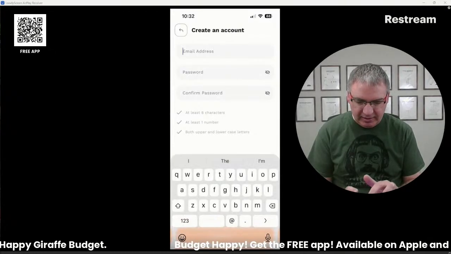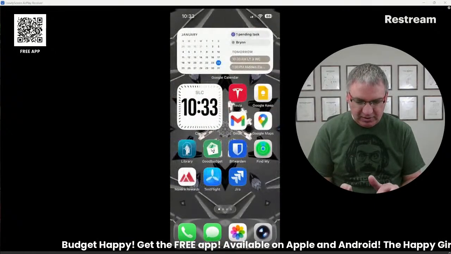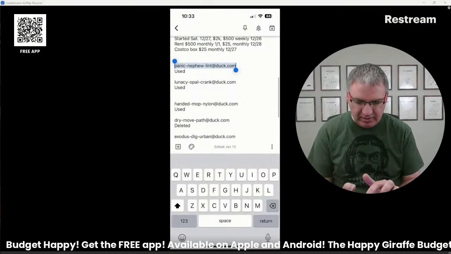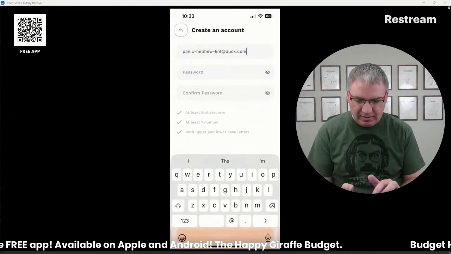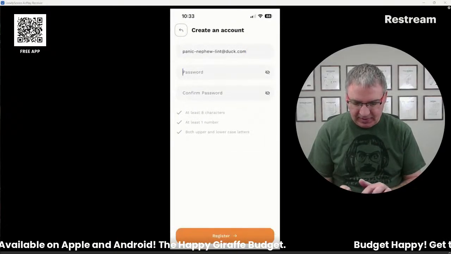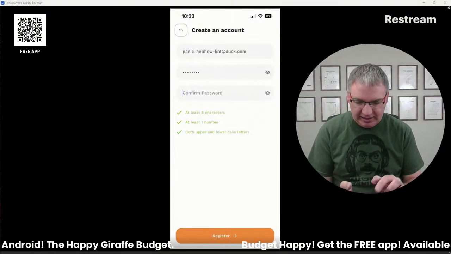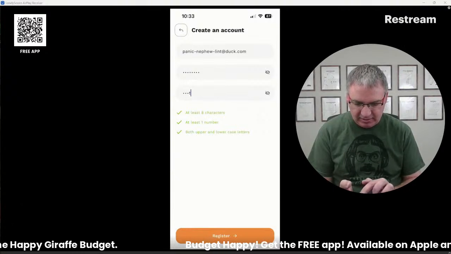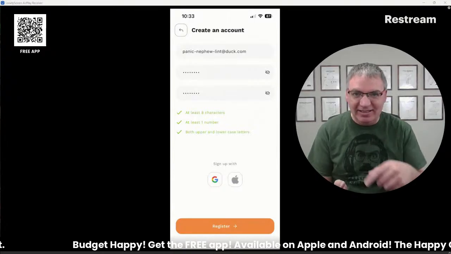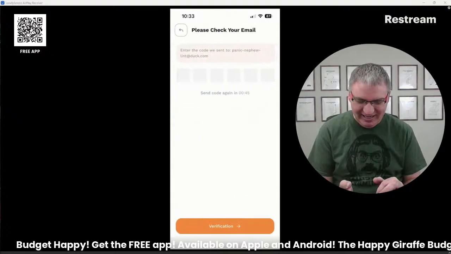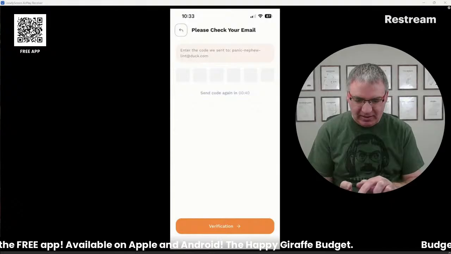And let's see if I didn't save. I'm going to go back here and grab this one that I made. So let's see, paste that in. I'm going to make up a dumb password. It has to be at least 8 characters, capital. I'm going to delete this after this, so don't try to steal it. Okay, so you type all that in and it'll send you an email.